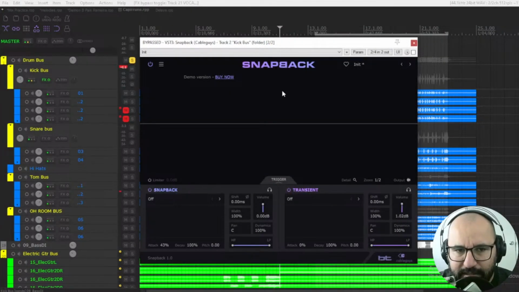The Snapback. Very cool plugin. This is an effect, it's not a virtual instrument, right? And the purpose of this plugin is to use it for sound replacing as well. But not only that, you have this Snapback functionality, which is a cool trick from producers, but it was very